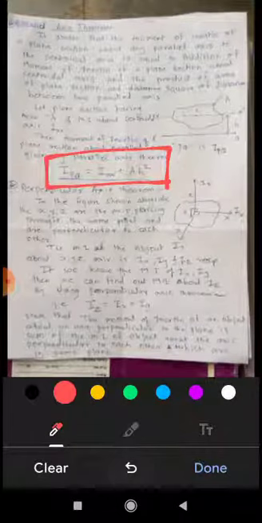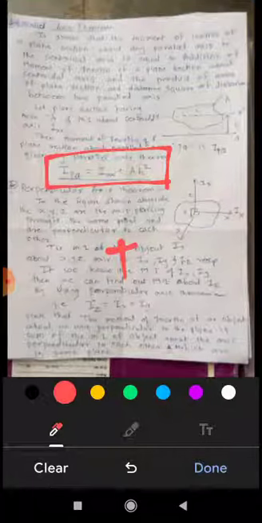It states that the moment of inertia of a plane section about any parallel axis, that is PQ, to the centroidal axis, is equal to the addition of... xx is the centroidal axis as it is passing through the center. The centroidal axis is what? The axis that is passing through the centroid. Okay, I am saying the definition again. It states that the moment of inertia of a plane section about any parallel axis to the centroidal axis is equal to the addition of